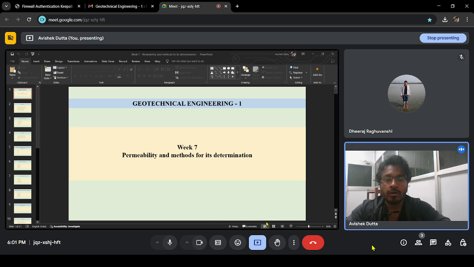Okay, so good evening. This is the seventh live discussion session of the course Geotechnical Engineering 1. The topic of today's problem solving session is permeability and methods for its determination. In the previous session, I believe the topic was seepage quicksand condition, if you have attended the previous session. So this particular session will include only the part dealing with permeability,